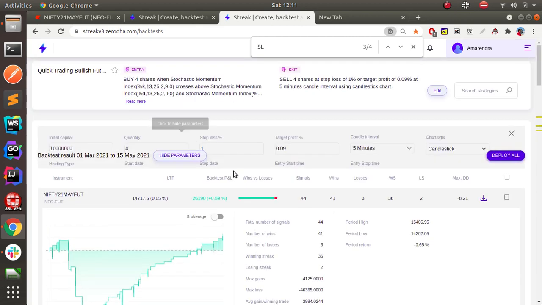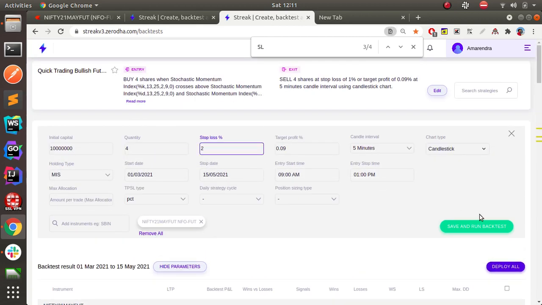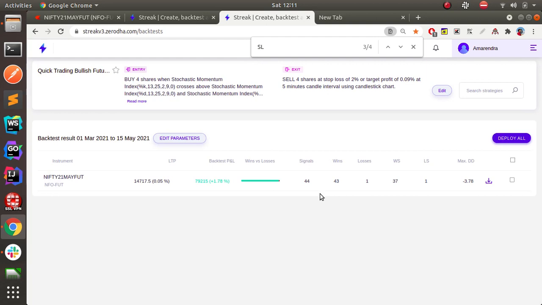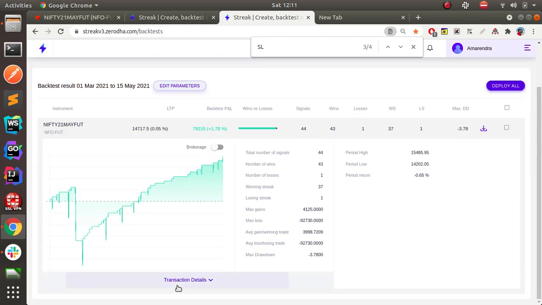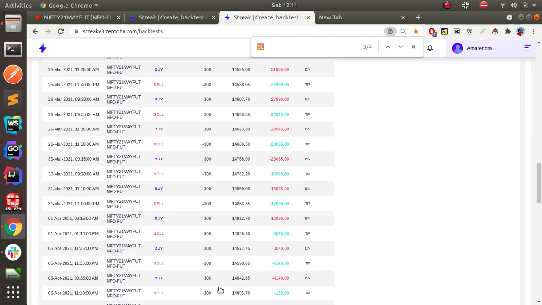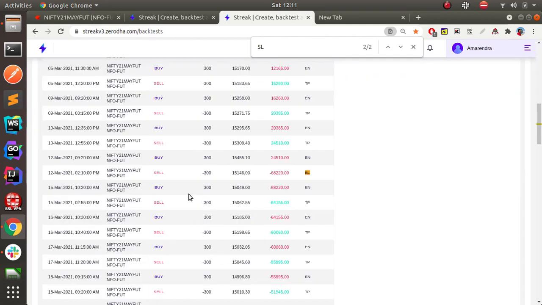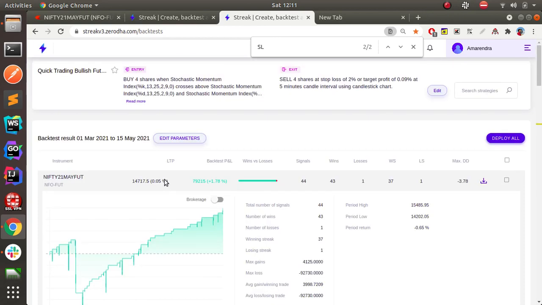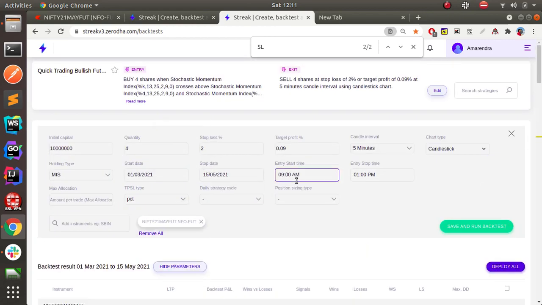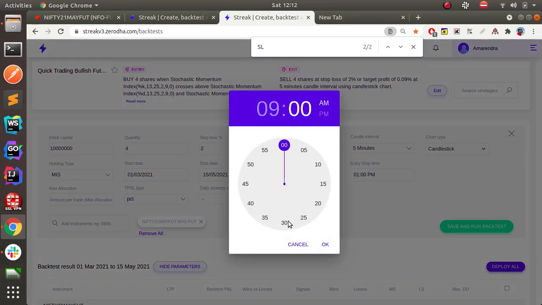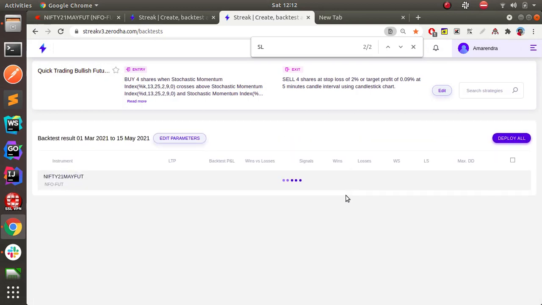Let us go and see how. Let us put some 2%. So we can easily gain 79,000 just by using this same strategy. But how can we avoid this 12th March 9:20 trade? If you still want fewer calls, that is fine. Then you can select 9:30 or 10 o'clock, or at least 9:30 is fine. Now we can avoid those also.